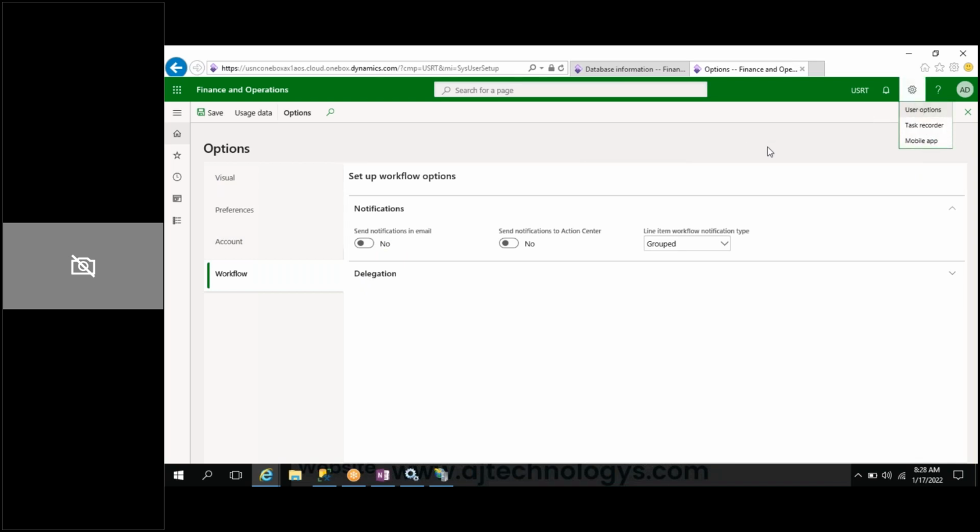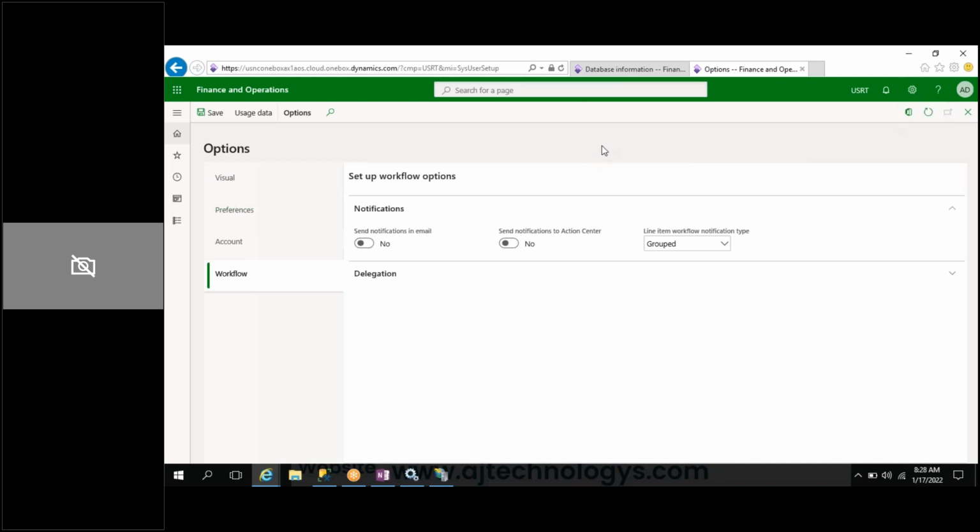Most of the time, task recorder is used while working on functions, service updates, or any bugs you have fixed, when you need to provide your result. At that time you can just enable the task recorder, and Dynamics 365 will automatically capture screenshots along with descriptions. Then we can easily send those documents to our functionals so they can validate it.